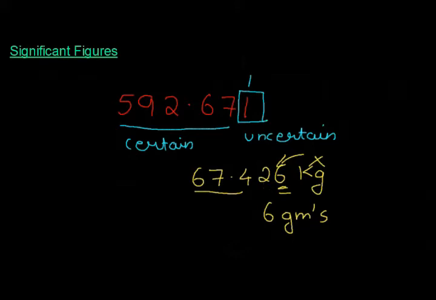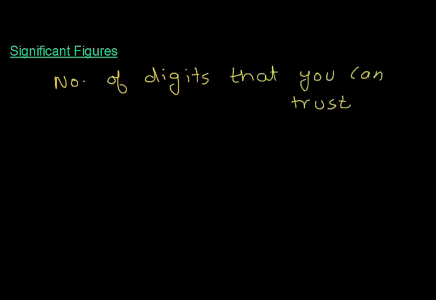So now let us see what significant figures are. The simple definition for significant figures is the number of digits in a given measurement that you can trust. So significant figures are nothing but the number of digits in a given measurement or in a given number that you can trust. Now the definition might sound very naive at first, but